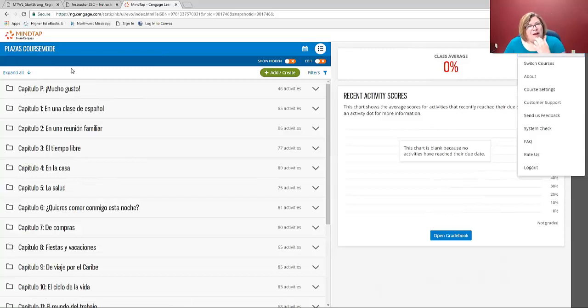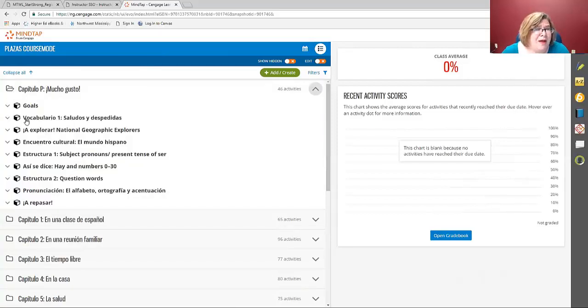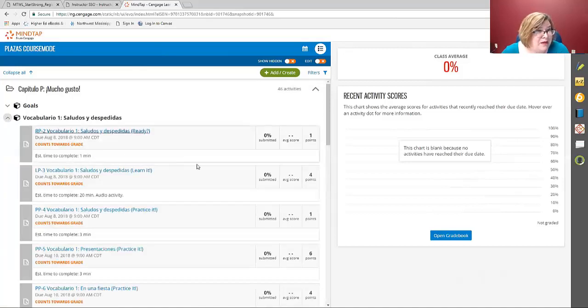Okay. So when I want to assign activities, I actually need to edit the content that we have here. But I need to know what the content is, and it's divided into chapter folders. So if I go to this chapter folder, I was talking about my vocabulario assignments a while ago. If I just click vocabulario, it shows me all the activities I have here. Now I went ahead and assigned a couple of these, so you'll see they have the due date. If I want to assign these activities, that means I want to edit them.